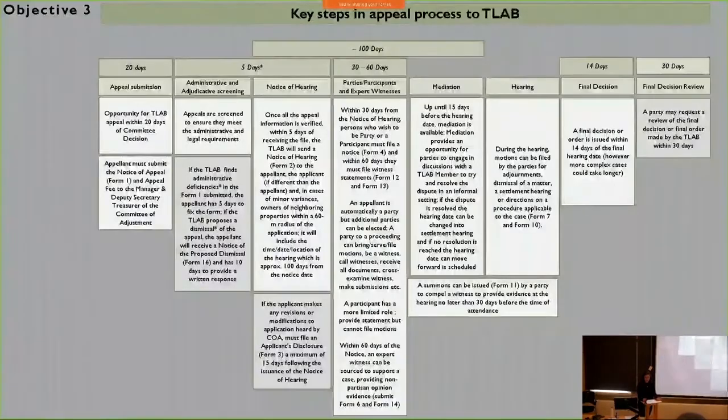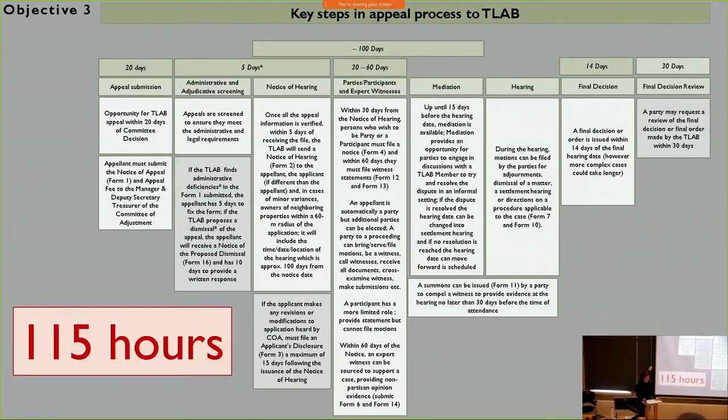In short, a lot. Don't be overwhelmed by this slide. I'm not going to go through every step, but I just wanted to show you this is the simplified version of the steps in just that appeal hearing process. What I really want you to take away from it is the time invested by the LBNA into the process. Based on correspondence with volunteers, one TLAB hearing requires approximately 115 hours of work over about a 6-month period, because that's how long, if everything works out, the actual scheduling of the hearing can take. So that equals out to just under 3 40-hour work weeks.